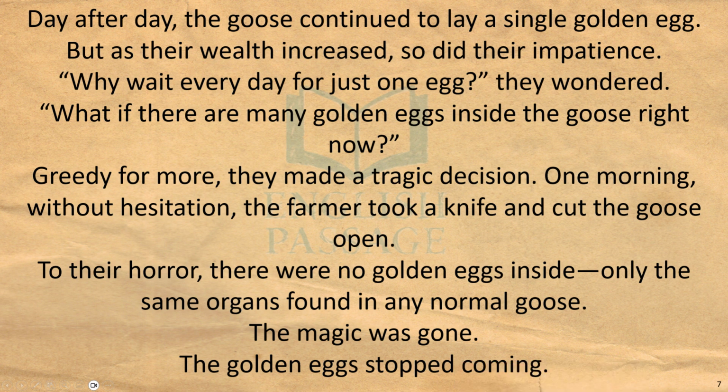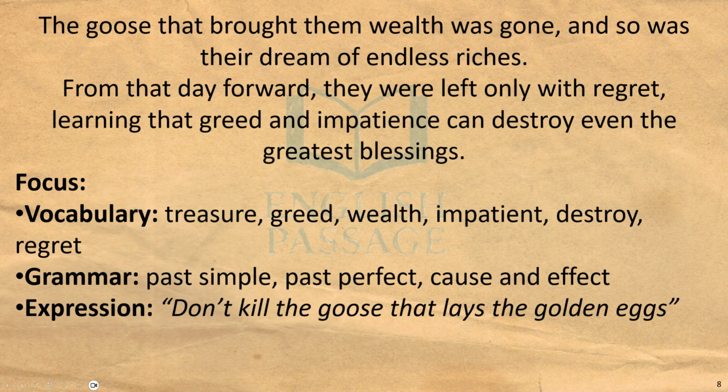To their horror, there were no golden eggs inside, only the same organs found in any normal goose. The magic was gone. The golden eggs stopped coming. The goose that brought them wealth was gone, and so was their dream of endless riches. From that day forward, they were left only with regret, learning that greed and impatience can destroy even the greatest